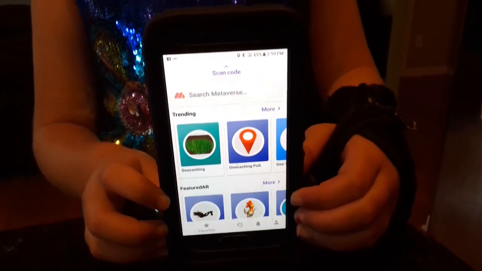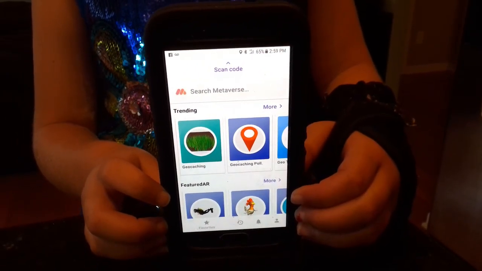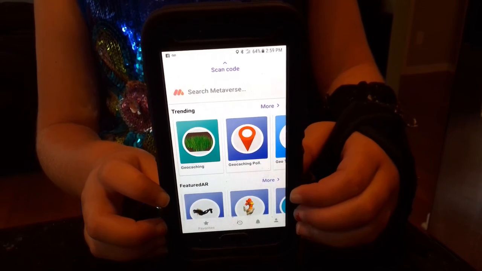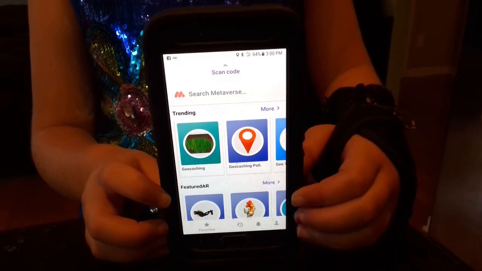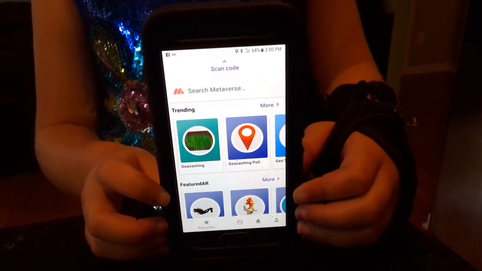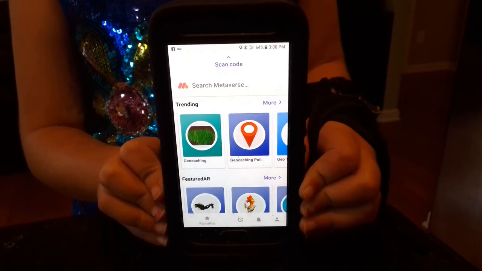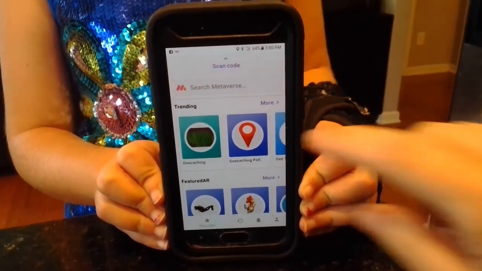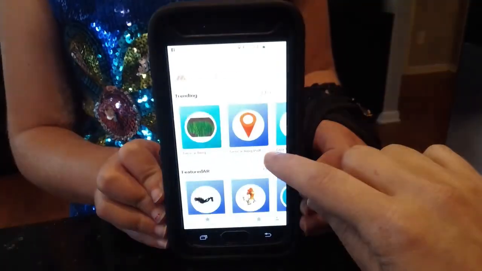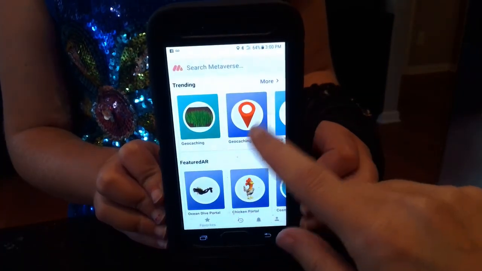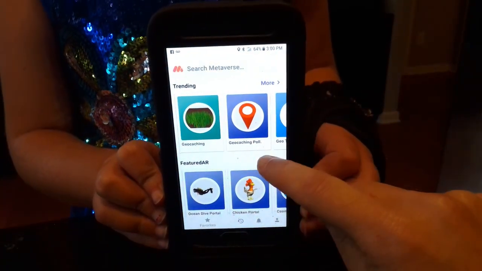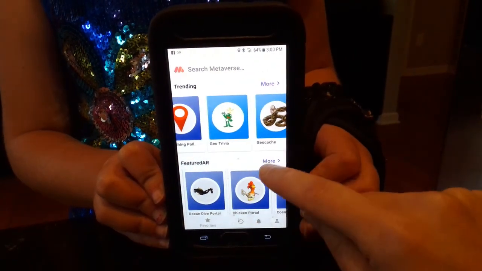Okay, so now we're ready to test the experience that we built. For this, I had to switch over to the app, which you can see I'm using a smaller device for, but again, it is compatible with Apple devices as well. Now, since this is our first time seeing the app, you can see that, similar to the web page, there are some trending ones that you could choose.